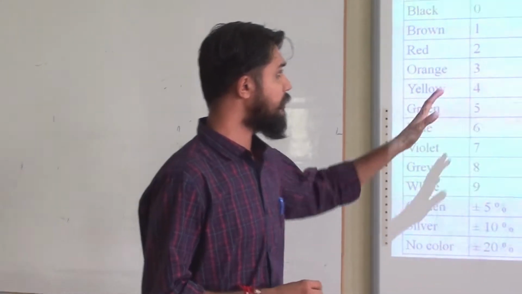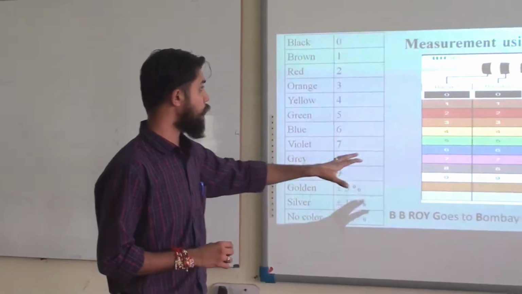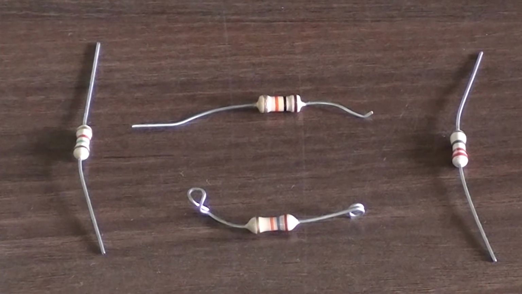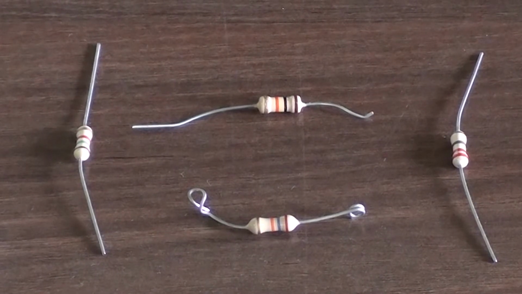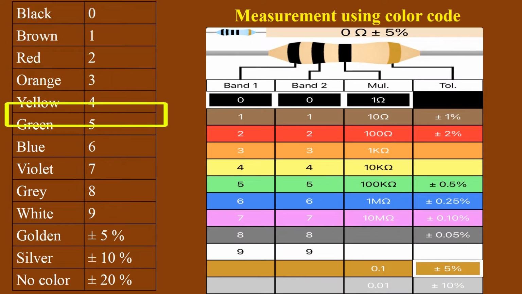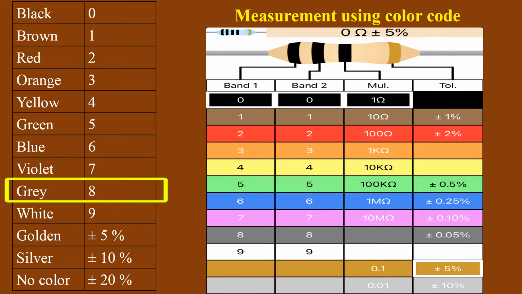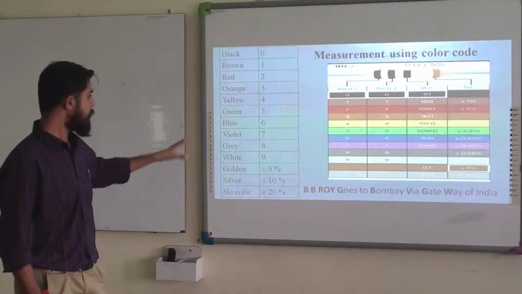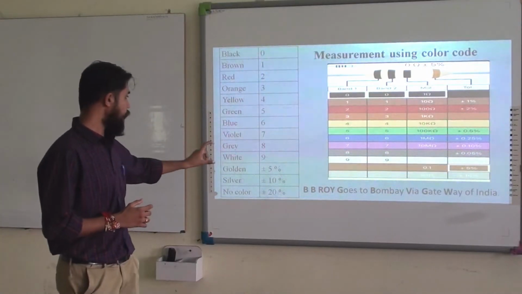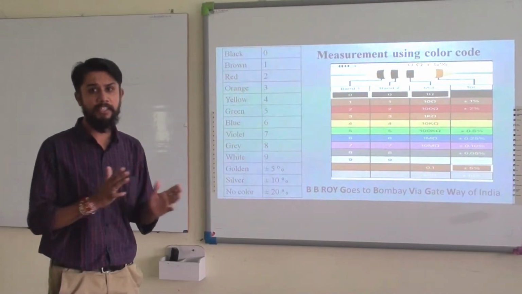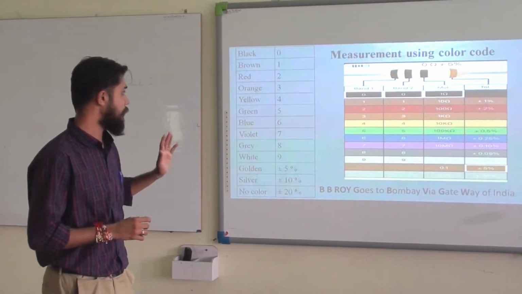This is the basic chart of the color coding. Here we have 4 bands of the resistors, and in these 4 bands there are color codes. There are various colors: black, brown, red, orange, yellow, green, blue, violet, grey, white, and of course 3 bands of golden, silver and no color. These 3 bands are used to identify the value of the tolerances, means the amount of variation in the measurement as per the range selected.